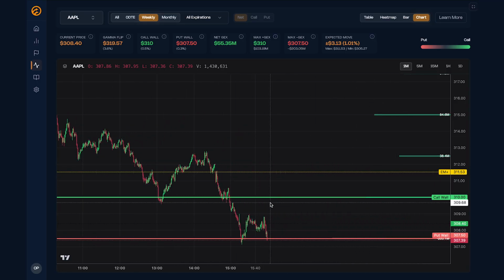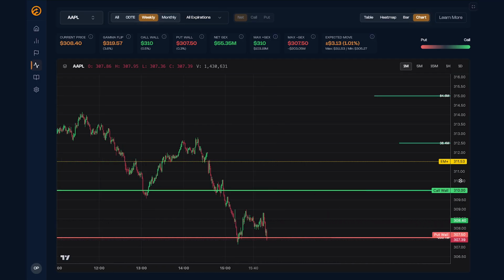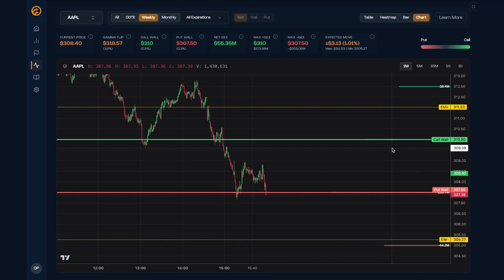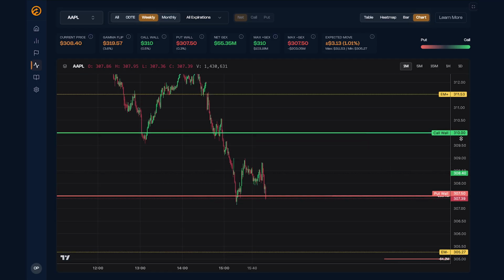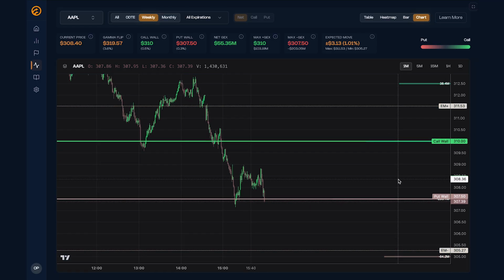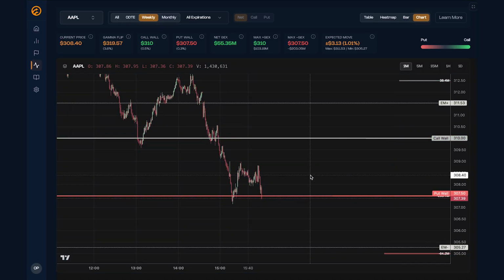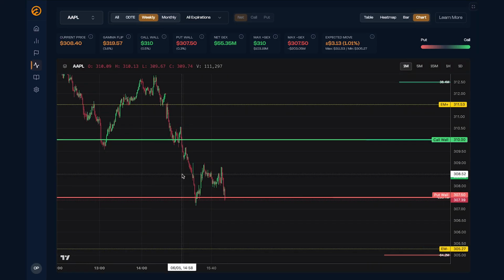This is where options positioning meets price action. Here, we're displaying live price alongside the most significant gamma levels. The green lines represent major positive gamma zones, the red lines represent major negative gamma zones, and the chart updates